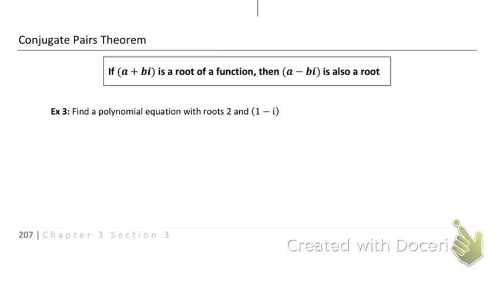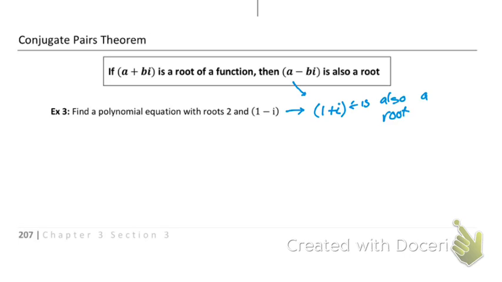To get full points on this question on a test, you have to be good enough to recognize that that also means that 1 plus i is also a root. So even though I gave you 1, you actually have to think of the other one. Every single time I give you an imaginary root, the flip version of it, or the opposite pair, will also be a root as well. All right, now we're supposed to find a polynomial equation with roots 2, 1 minus i,